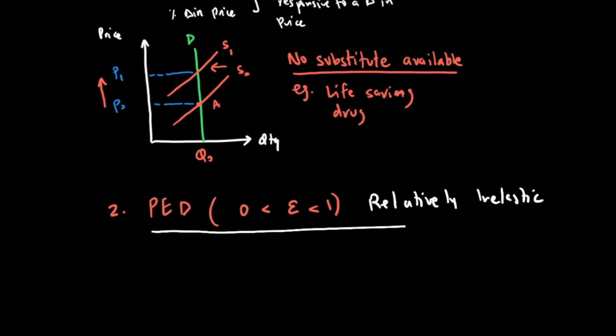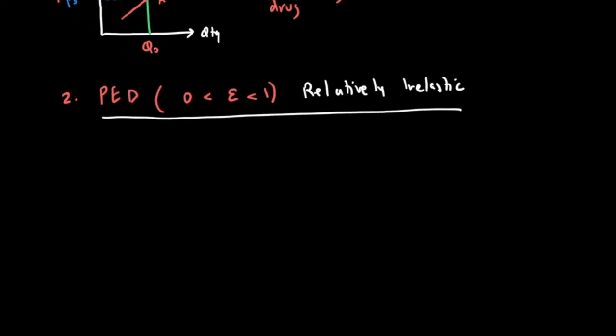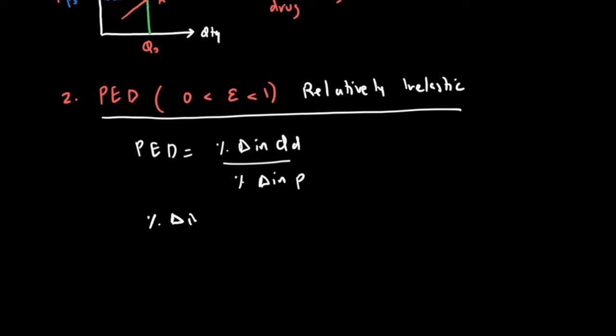So if you have a relatively inelastic good, the first thing when we look at the formula for PED is PED equals percentage change in QD over percentage change in price. The only reason the value will be below 1 is where your numerator is less than your denominator. If your numerator, which is percentage change in quantity demanded, is less than your denominator, which is percentage change in price, we will have a value of PED less than 1, which would mean I'm looking at quantity demanded